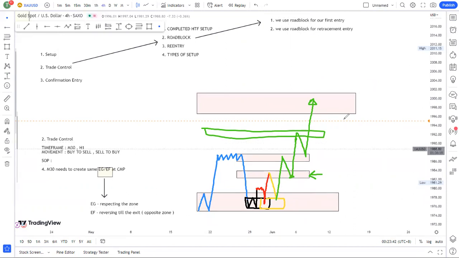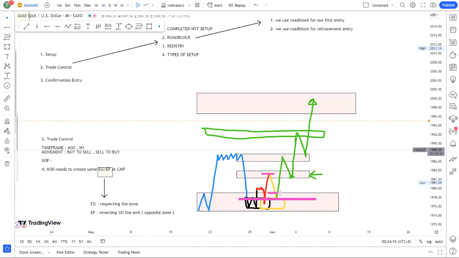Well, how to box? Okay. This is our first position. Wait, change the color to purple. Okay, this is our first buy, and then we just hold the buy, and then it went up. We just sell a little bit here on the roadblock, and then it went up. Okay, at first we entry here, it goes up, we sell here because of the roadblock, it goes down again into the